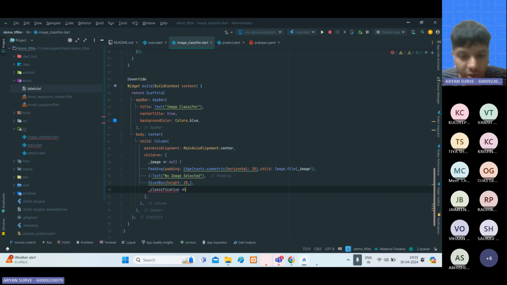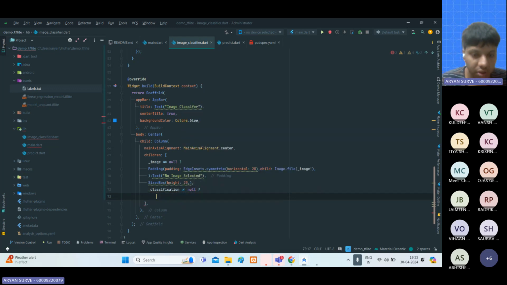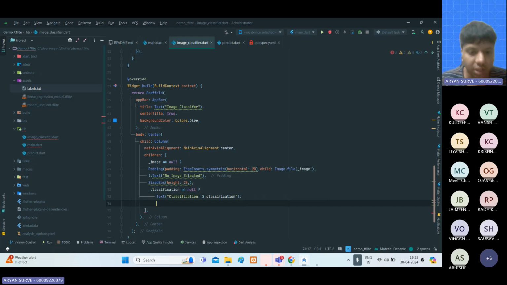Classification is not equal to null. Then we are going to show a text that will say classification is $_classification, or else it will show a text,